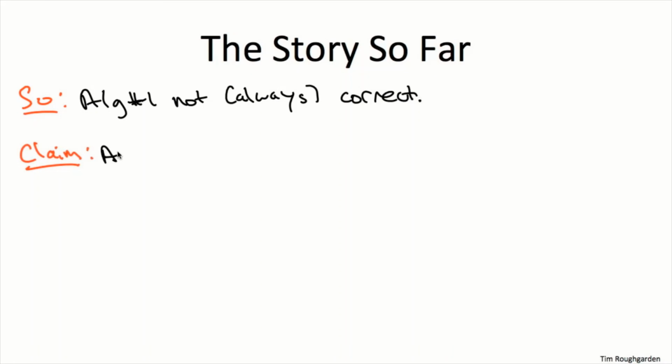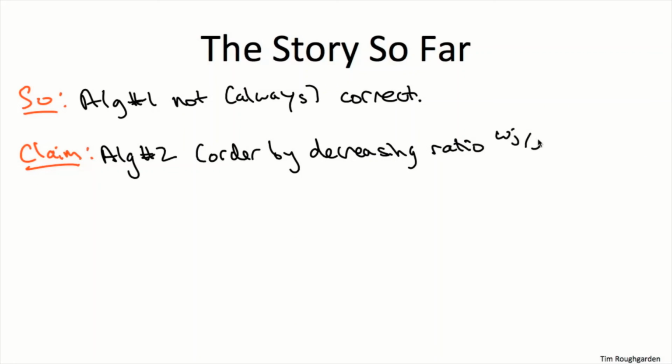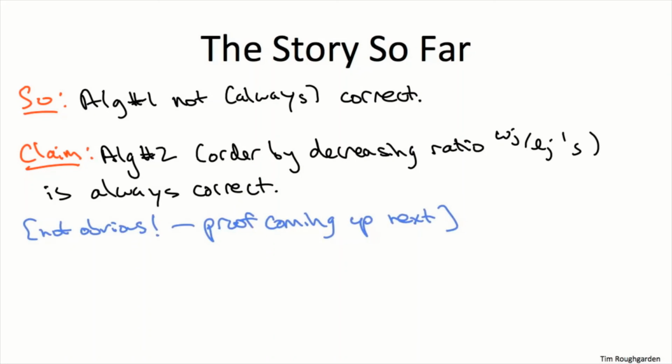That said, please remember the warning I gave you in the high-level discussion of greedy algorithms, which is greedy algorithms are very often wrong. Just because we know algorithm number 1 is incorrect sometimes does not at all imply that algorithm number 2 is guaranteed to be correct. It's really easy to come up with multiple incorrect greedy algorithms for the same problem. It does, however, turn out, in this case, for this greedy algorithm, algorithm number 2, ordering by ratio, it is happily always correct. But you certainly shouldn't believe this claim until I provide you with a proof, a rigorous argument explaining the correctness. Always maintain healthy skepticism about the performance of a greedy algorithm until you learn otherwise.